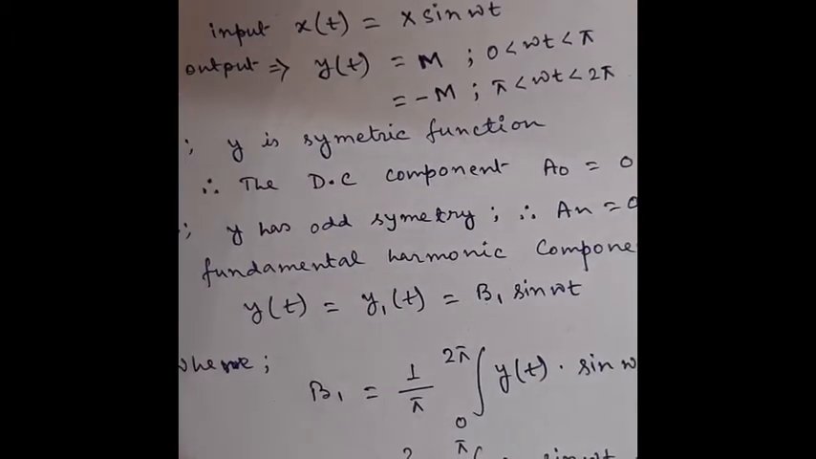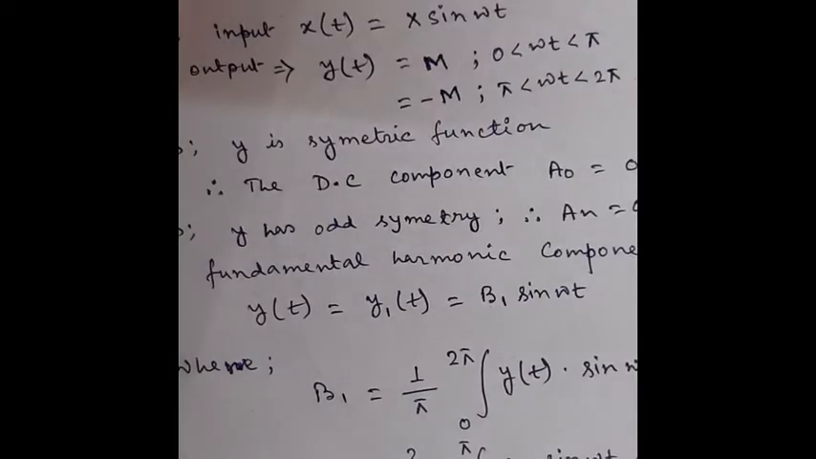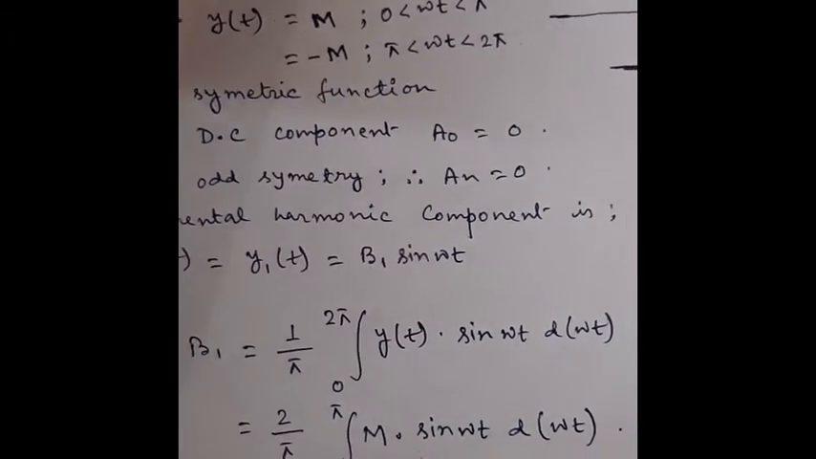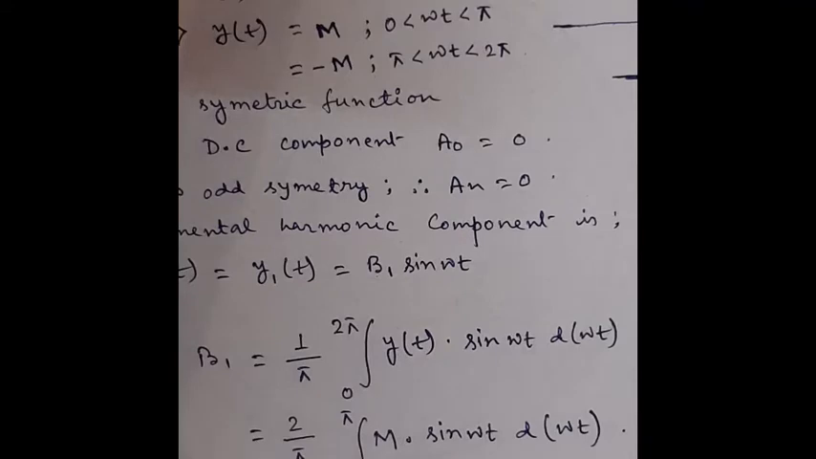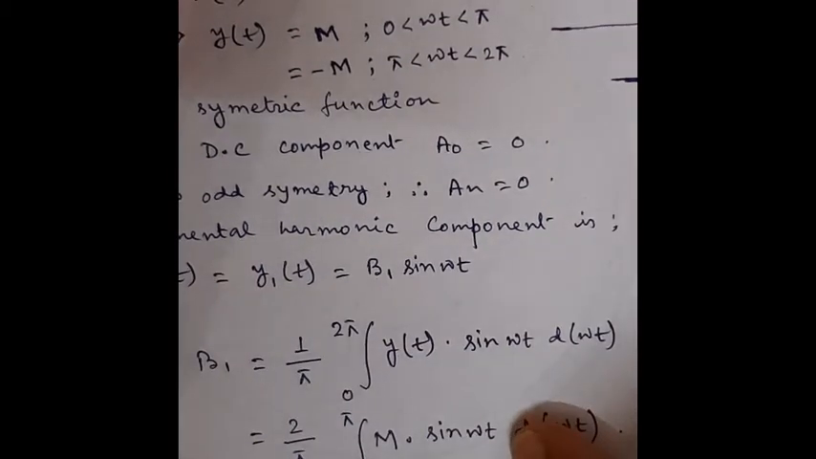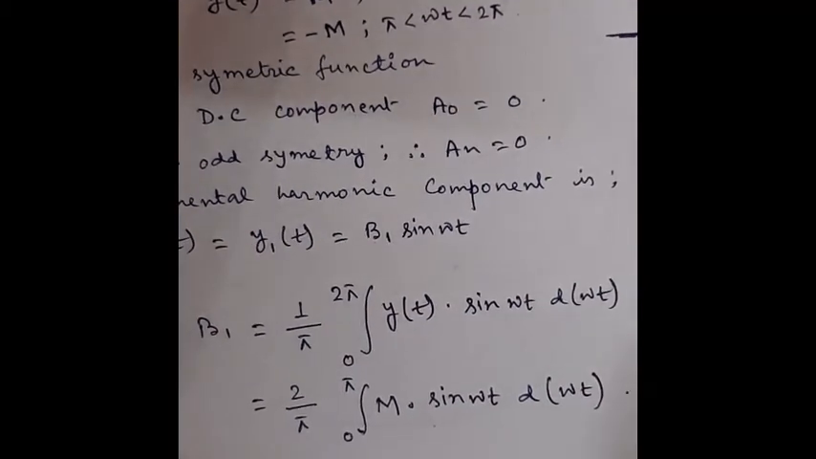So b1. If we go for the derivation of b1, then according to the Fourier series analysis, we can say that b1 is equal to 1 by pi integration 0 to 2 pi y(t) sine omega t d omega t. As this is a symmetrical function, we just change the limit from 0 to 2 pi to 0 to pi, and that means we are just taking only one half,